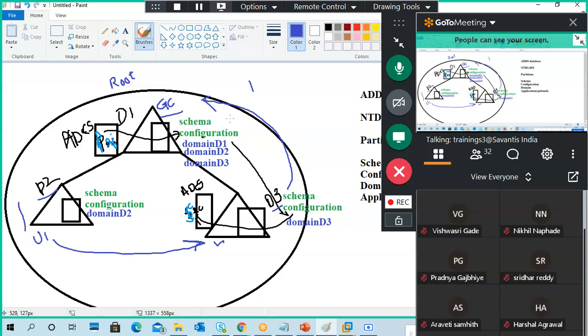In a single forest, now we are taking three machines as an example, but in real time we have 10-15 domain controllers in the same forest, maybe even more. I'm telling you, this is the minimum we are using.